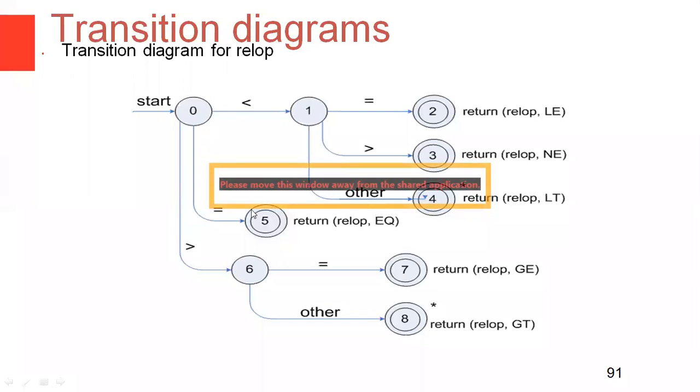So this is the example, that is equal. Okay, so it is greater than or equal. So other means greater than. So we are using greater than. Other means question mark. So this is the transition diagram for relop. And the next one is,